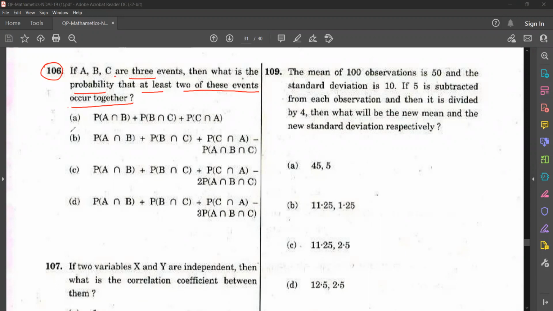Okay, so better you try with the Venn diagram. You will get the answer easily. Before that, go through the options. You have to just go through the options before doing any question. Then you have to think of the method. So here the better method is using a Venn diagram. You'll be able to do this easily. So please, all of you try this and comment your answers. So I'll give you 1 minute.